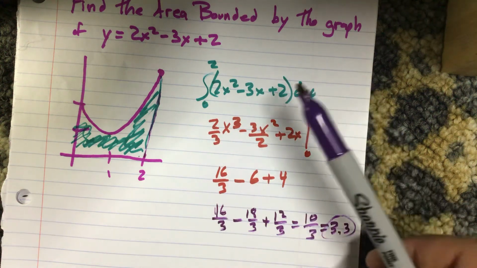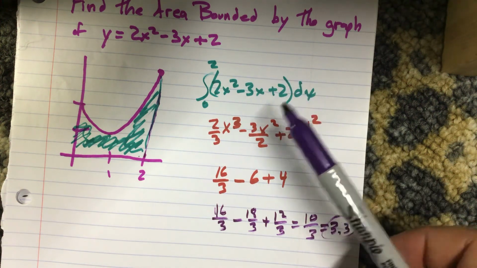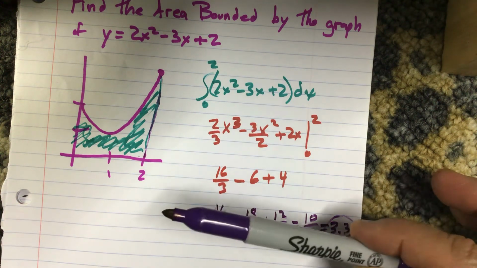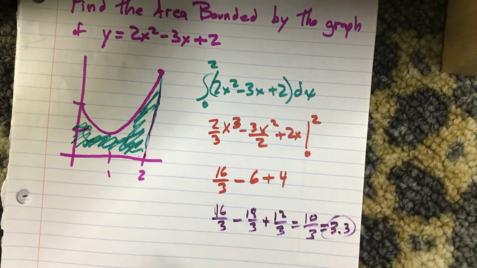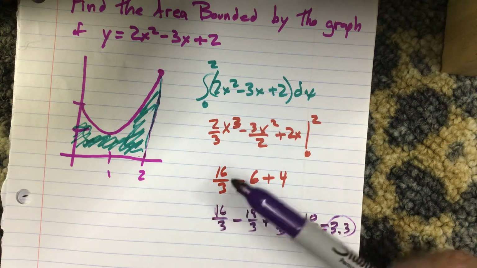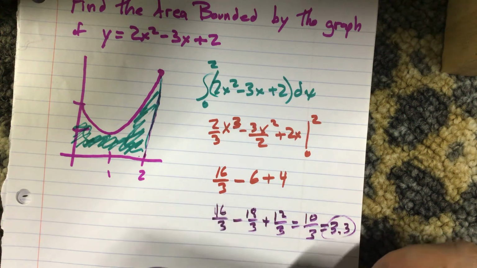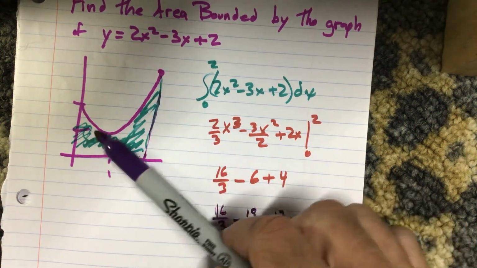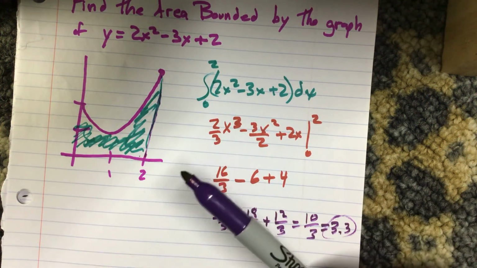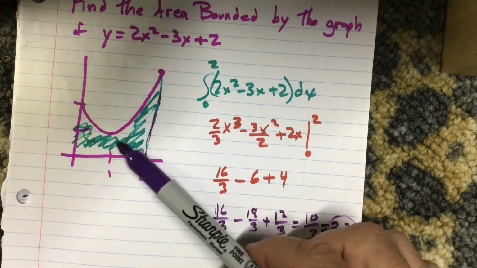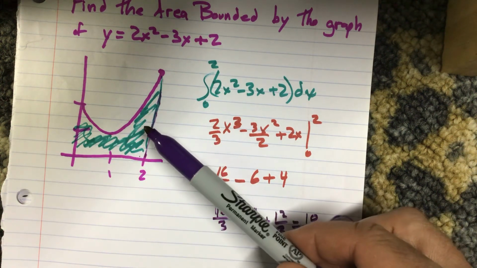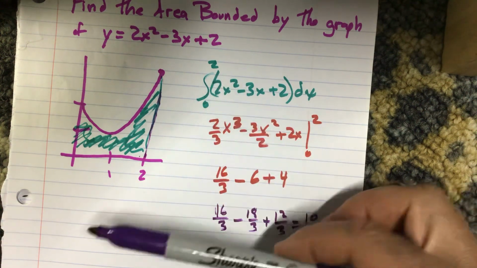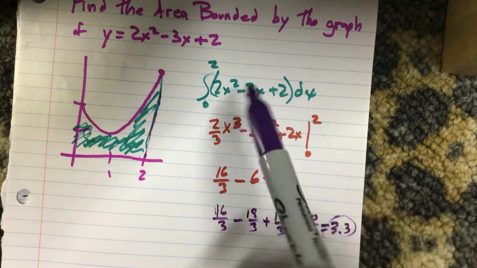So this is called definite integration, and it's used to find the area underneath the curve. Again, I know this took about almost 15 minutes to make this video, but I explained the process that took hundreds of years to figure out. Mathematicians were trying to figure out how the heck you get an area underneath something that's curved like this, and so they used a limit process of finding the area of rectangles over and over and over until someone realized, wait a minute, if you could just integrate this and go back to the original function,